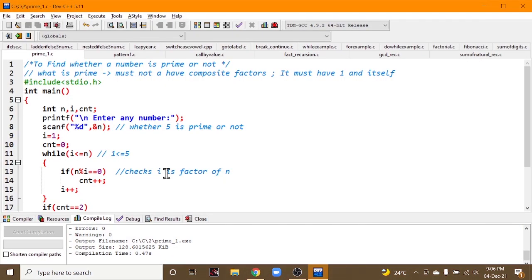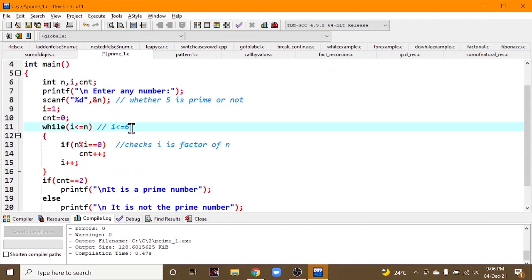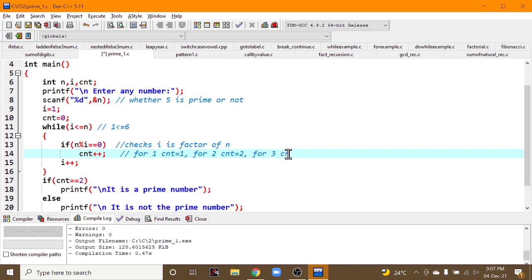Suppose I take another case like 6. 1 divides 6, so count becomes 1. 2 divides 6, so count increments to 2. 3 also divides 6, so count becomes 3.